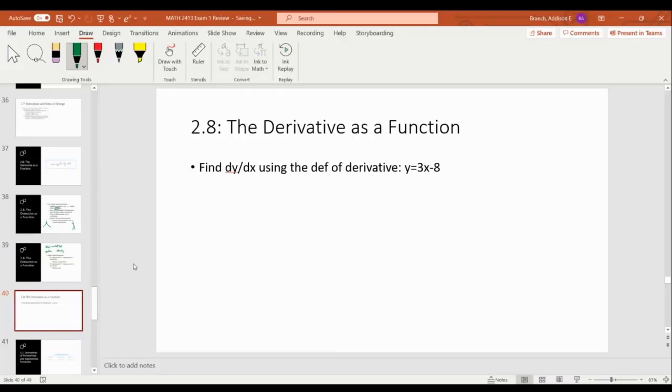So now we're going to go ahead and work on taking the derivative of a function, but we're going to use our limit definition of a derivative. So our limit definition of a derivative is going to be the limit as h approaches 0 of f of x plus h minus f of x over h. So we'll go ahead and plug in our function into that formula, and then we'll get the limit as h approaches 0 of